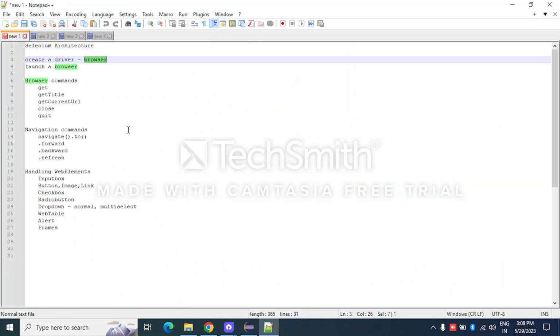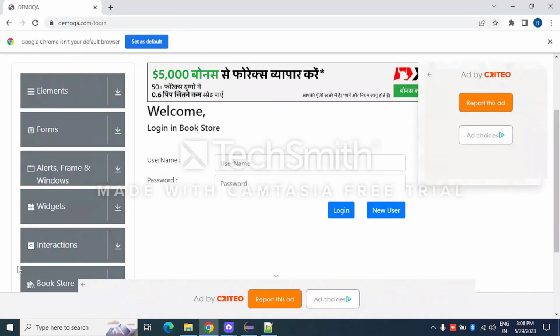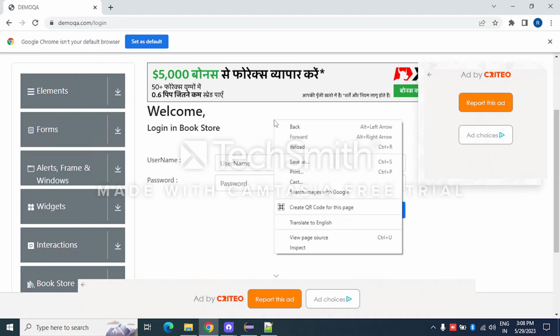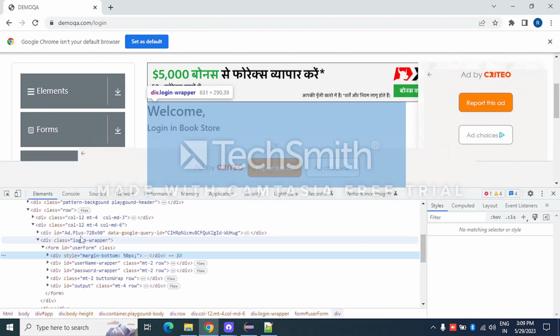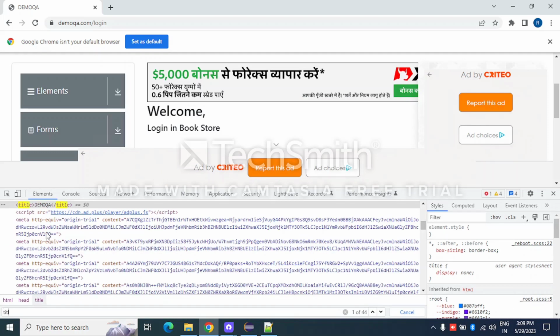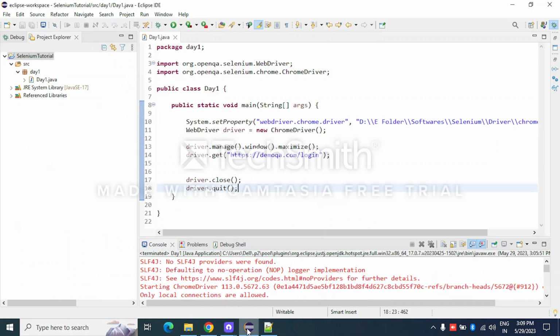Then there are certain other methods as well which are useful, like driver.getTitle and driver.getCurrentUrl, right? So we will see that as well. Let's say there is a test case which says the application which is loaded should have a title of XYZ. In this case it is demo QA, right? So if I want to check whether the title of this particular page which I have launched is demo QA or not, you can make use of